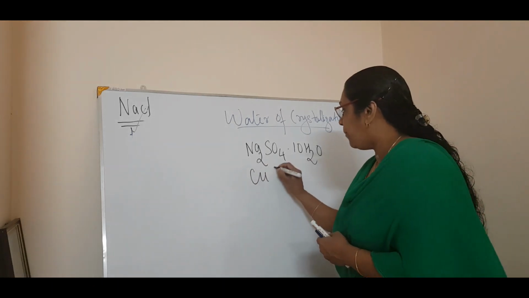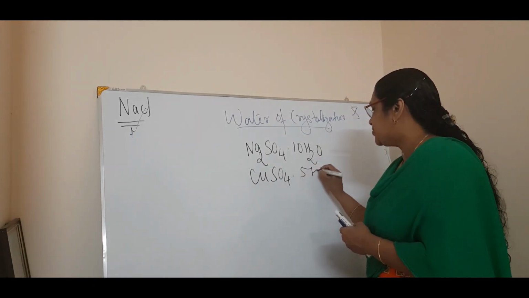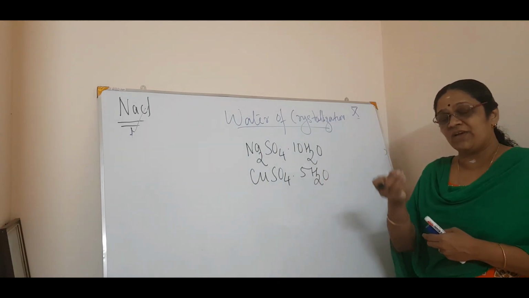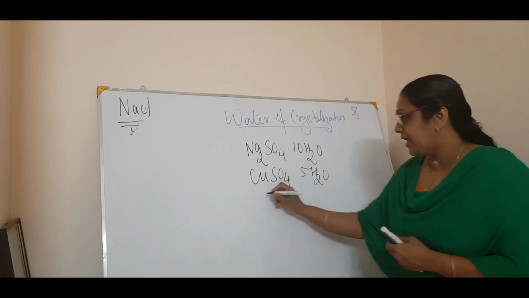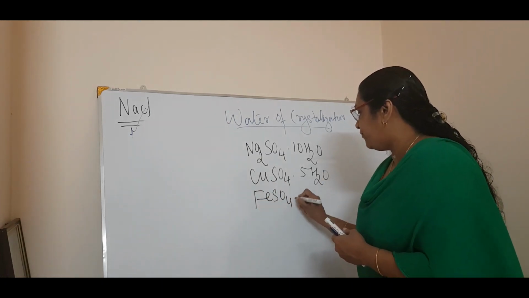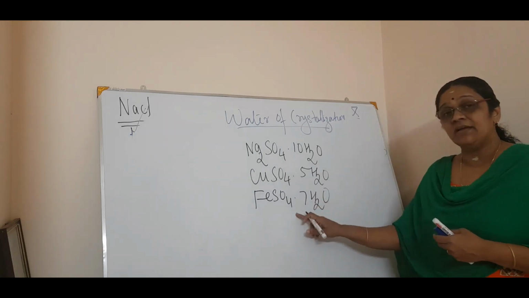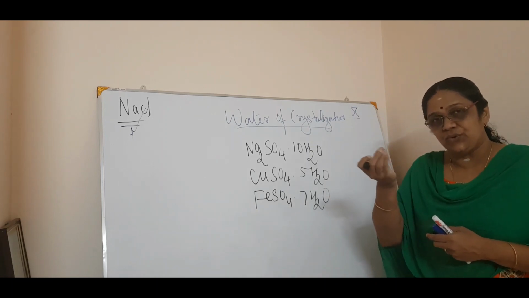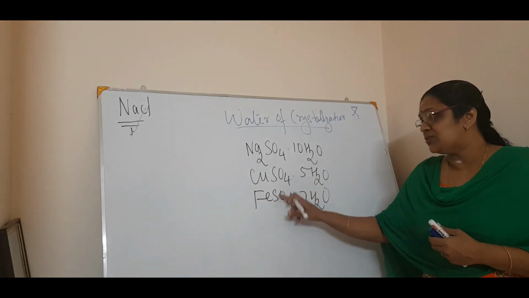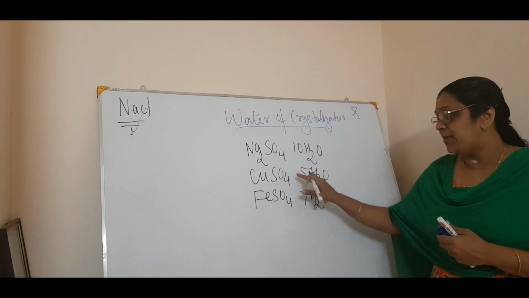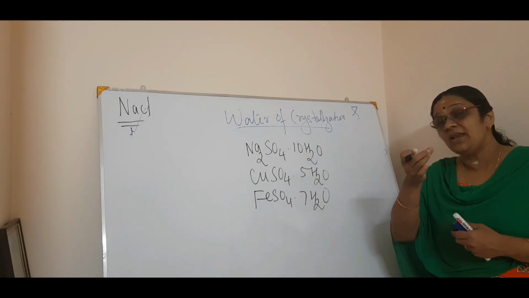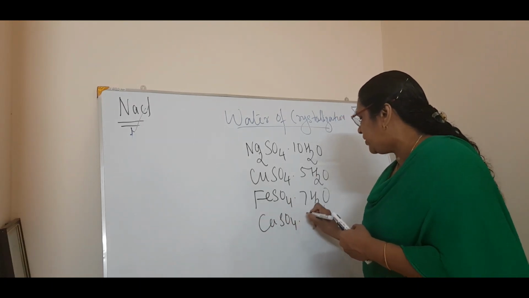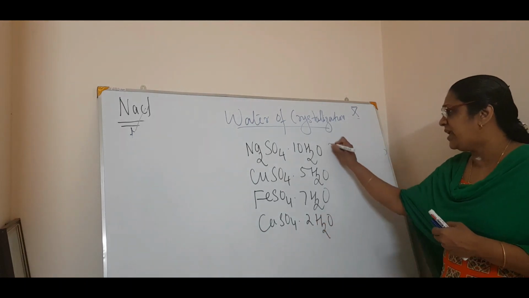Again, if you go for copper sulfate.5H2O, this is a solid which is very blue in color, with very small blue crystals. Now ferrous sulfate.7H2O, you have studied, has a green color, small crystals like sugar crystals, right? Sodium sulfate is a little bigger, but these two are small, thin sugar crystals. Again, there are examples like calcium sulfate.2H2O. So many examples are there.